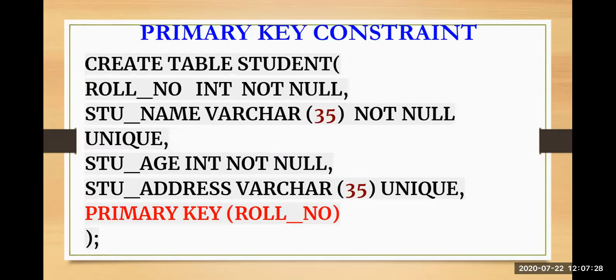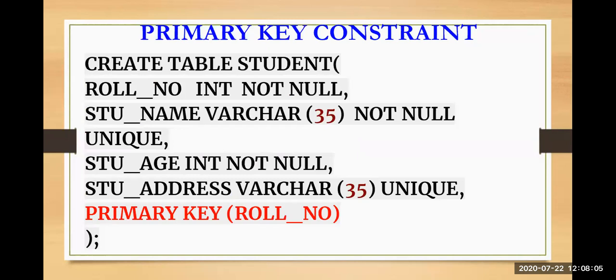Next we have the primary key constraint. Whenever I talk about the primary key constraint, these are the constraints that uniquely identify each record in a table. So the records will always be unique, and there cannot be null values. Because if your primary key has null values, then how will you identify your table records? So the primary key is a unique value which helps you store the information in your databases. Here in your example, you can see the roll number is marked as a primary key. Your primary key cannot have duplicate values and cannot have null values.